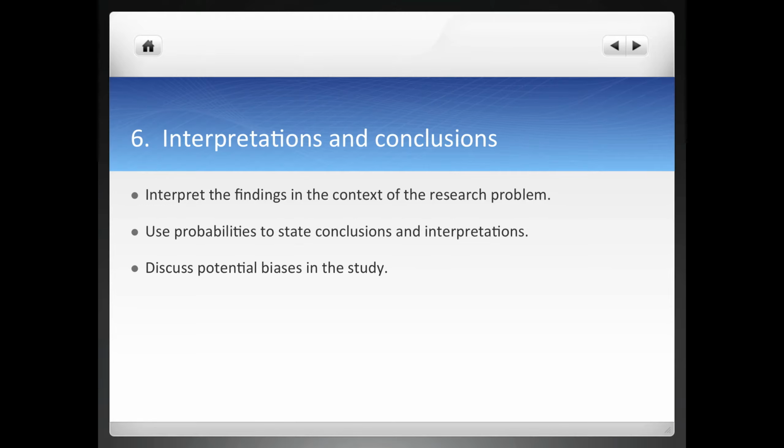Unfortunately, analyzing your data is followed by one of the most tedious things, and that's the interpretation and the conclusion, which typically goes in your chapter number 5. What you want to do here is very thoroughly report your results. Use p-values to test your hypothesis and make conclusions in the context of your study. And always consider potential biases and threats to your study.